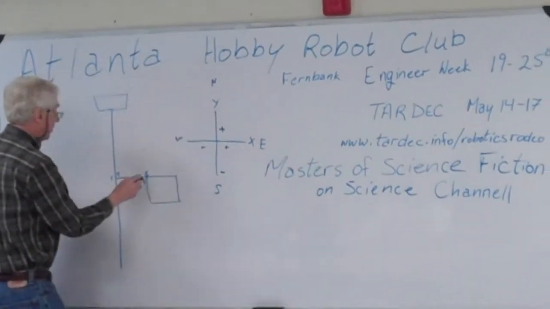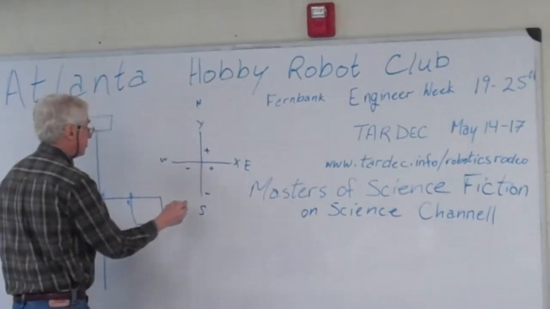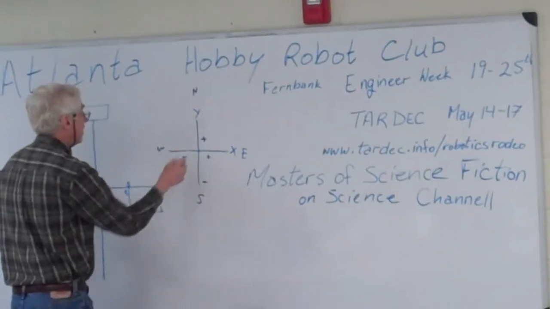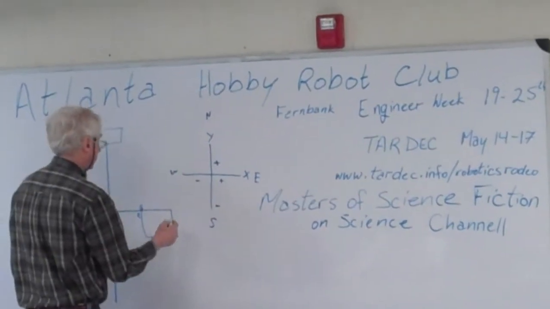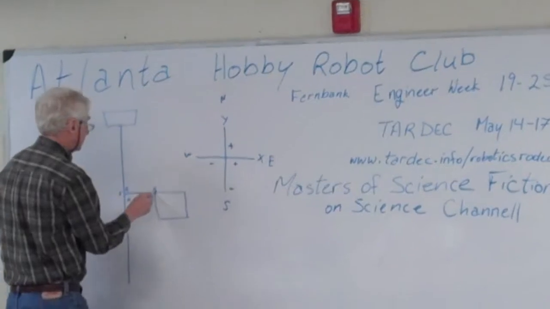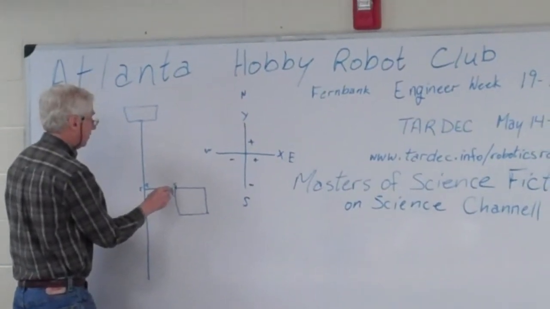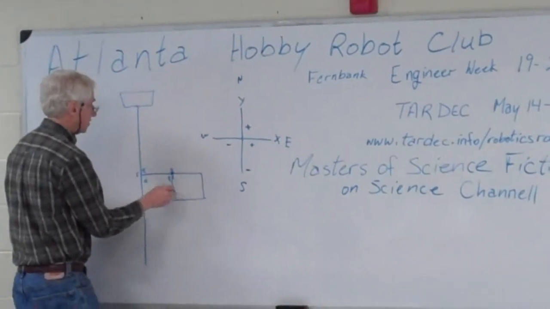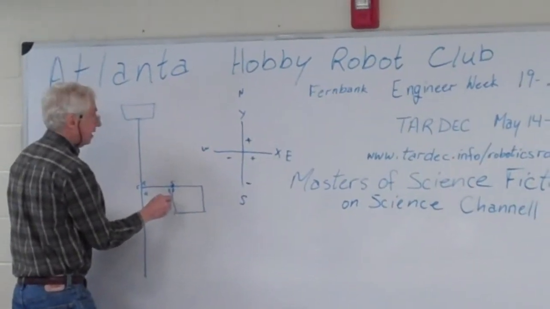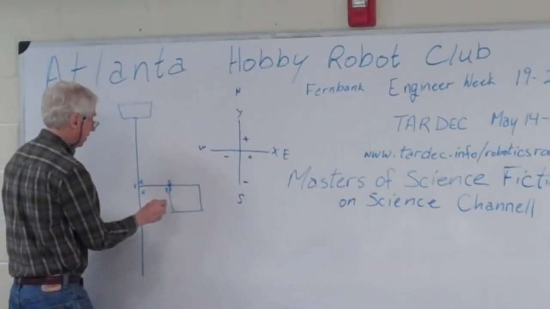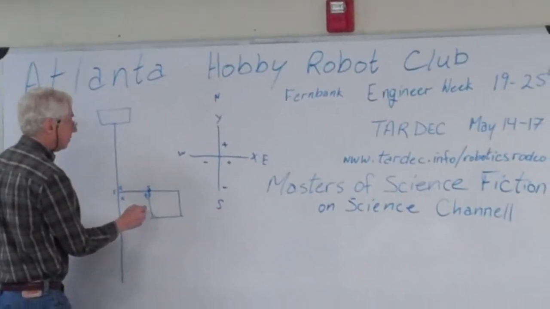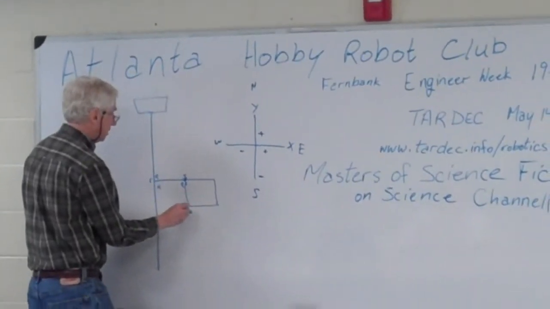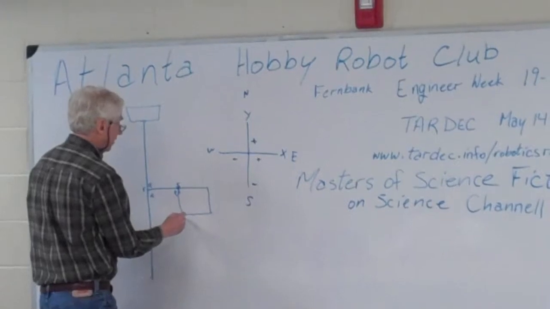So whenever I encounter an intersection, I zero out the X and Y odometers and assume I'm going north. So here's an intersection. After the turn, I'm going south, so I decrement my Y odometer. So it's minus 10 inches. And then I'm going